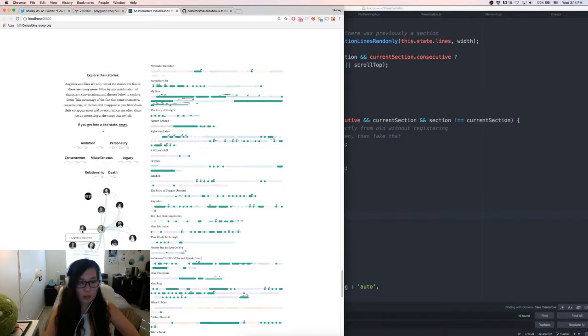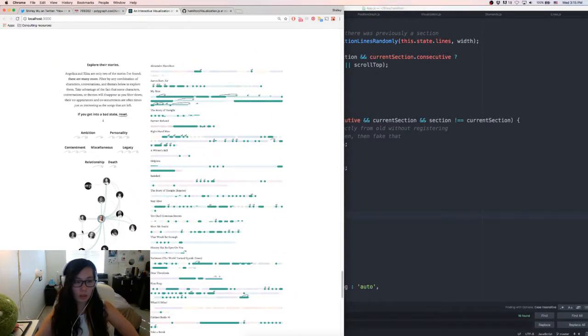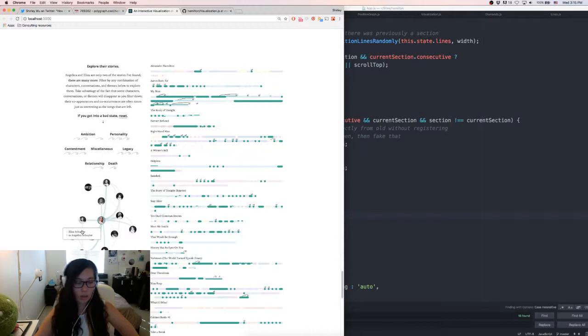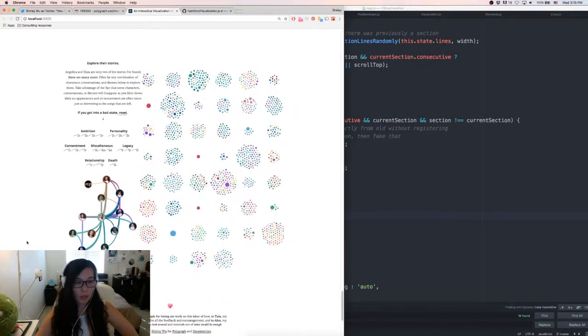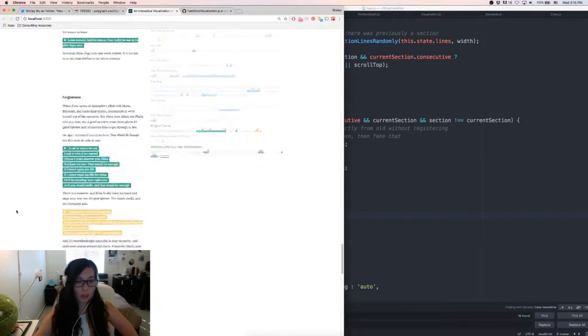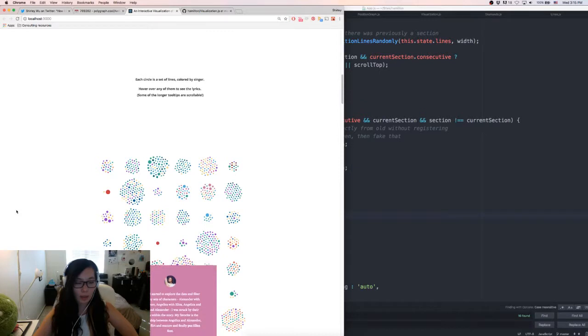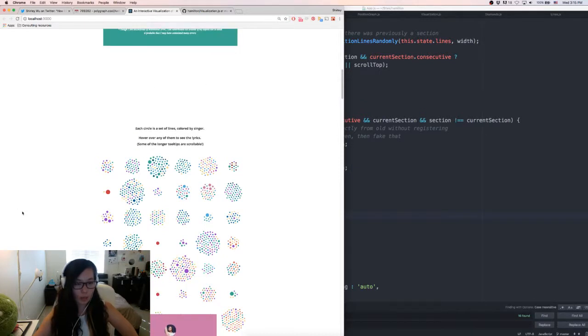So the two places I needed to fix: at this point I don't want this to be fixed anymore, because I don't want it to go down into here. So that's one. And then I also need to figure out why this position by characters is also